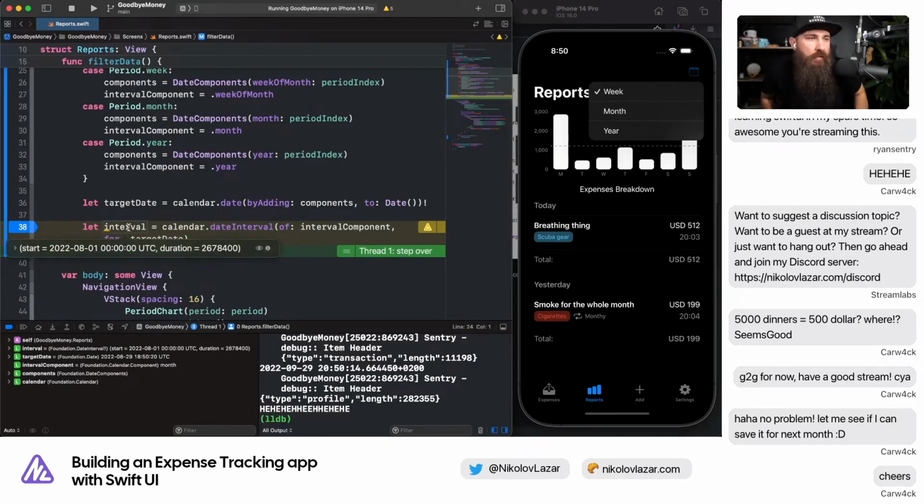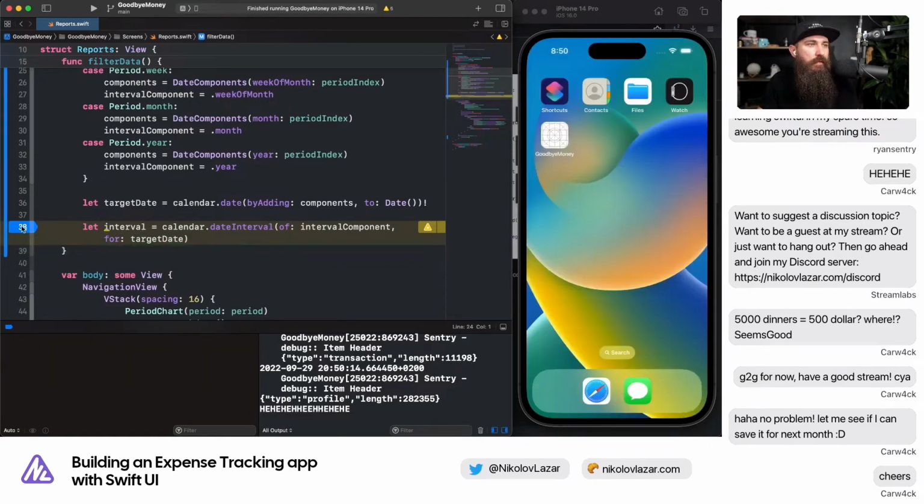Yes. We still need to figure out how to do the duration. Give me the end, right? But we have a way of navigating now. Sweet. Okay. Now the start date